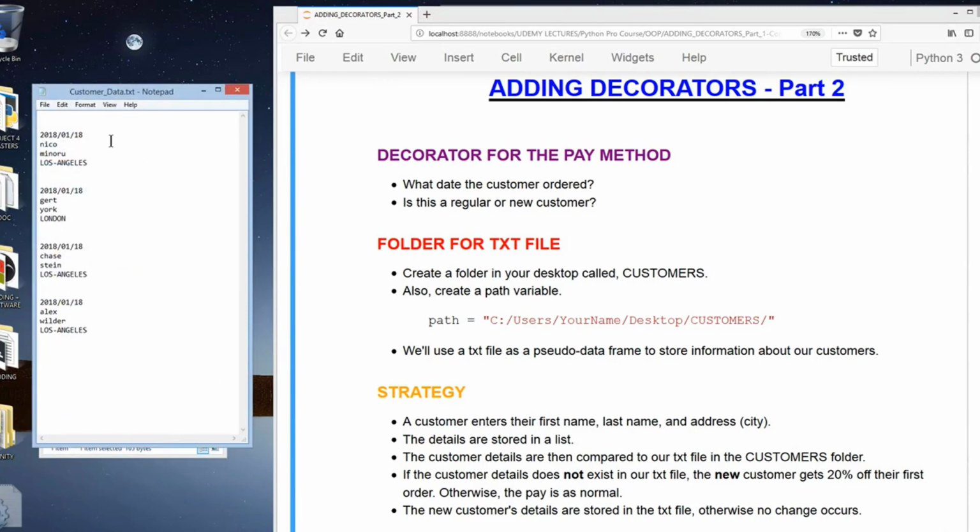So I have 4 customers here, and it's got the dates, the first name, the last name, and then the city, which is going to be the address. So we're not actually going to be doing a full address, just the cities. Okay,